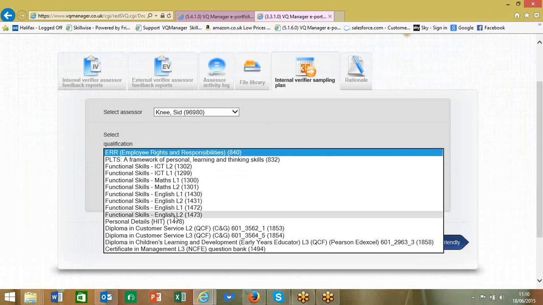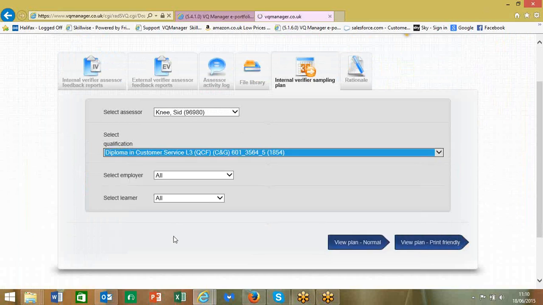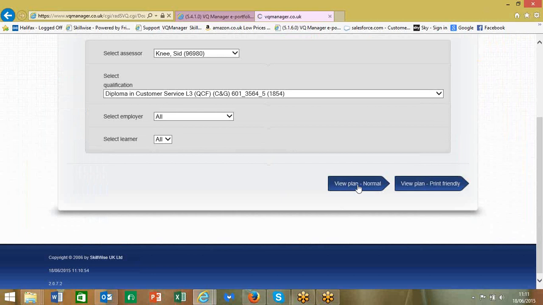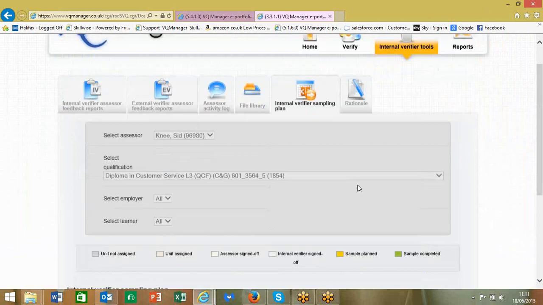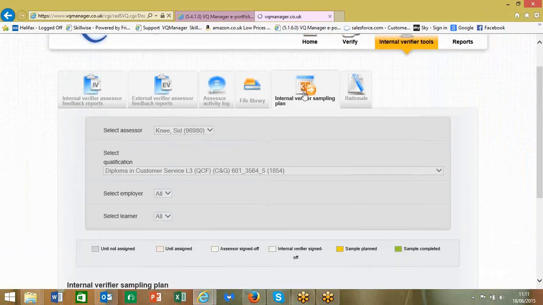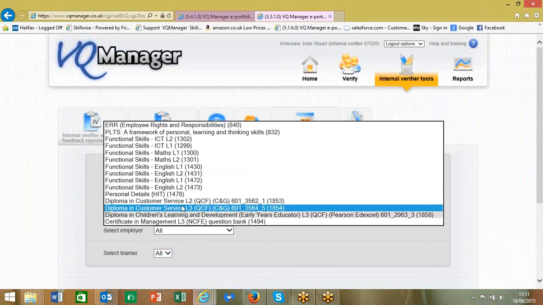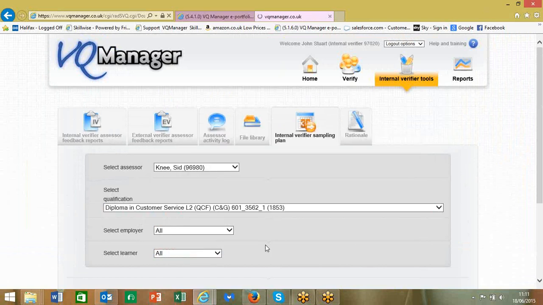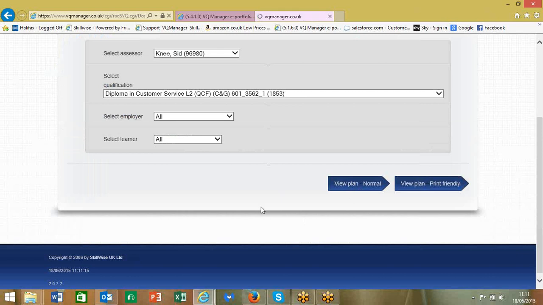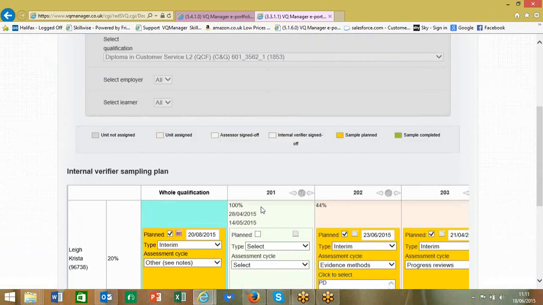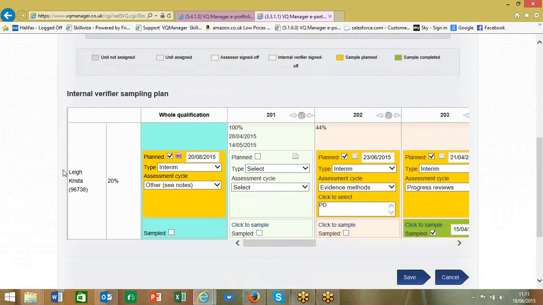So you would select the qualification, you need to choose one that's got a learner against it. And the plan will then show all of the learners. In this particular case, there's just one learner